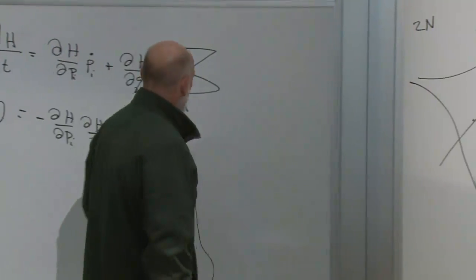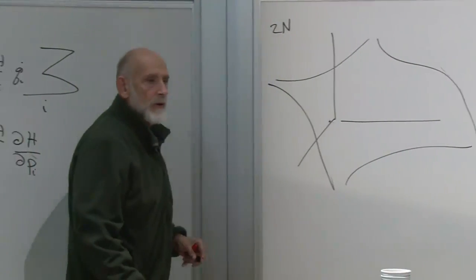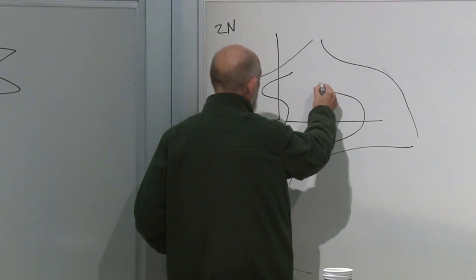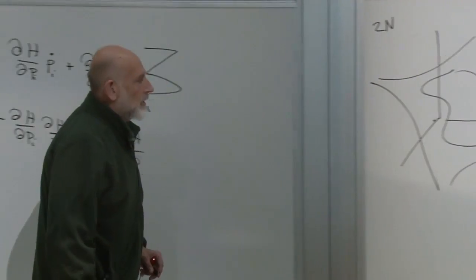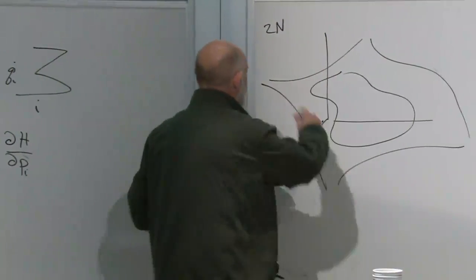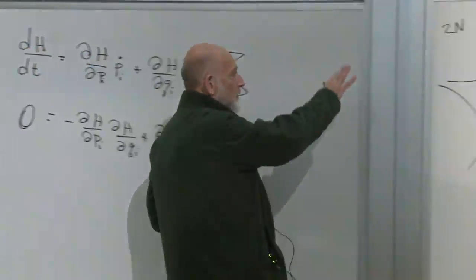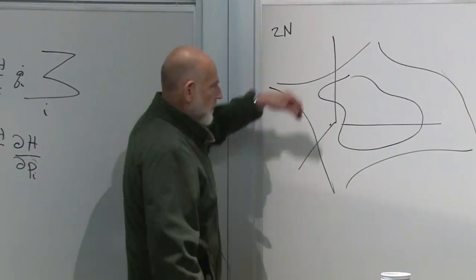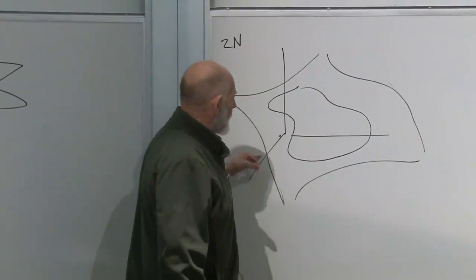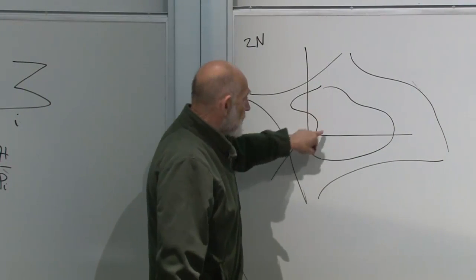Okay? So what this says is that the motion through the phase space stays on surfaces of constant H. The trajectories through phase space stick, so to speak, to surfaces of constant H. There are many surfaces of constant H. As I vary the value of H, I make different surfaces. I'm not going to try to draw another surface on top of that. But the point is, once the energy is fixed, the system will continue to travel on that surface. It doesn't have to go in a closed surface or a closed loop. It just will stick to that surface.